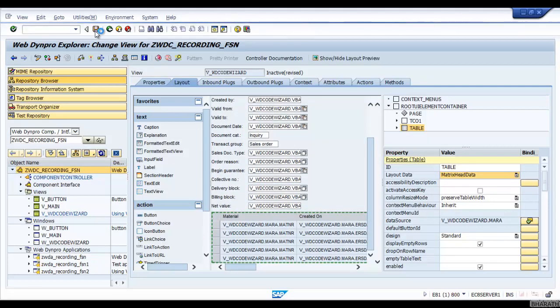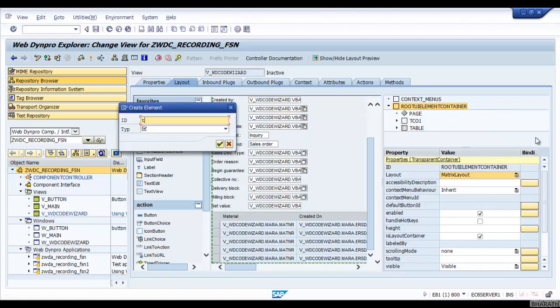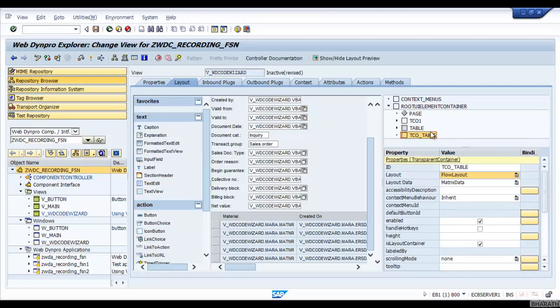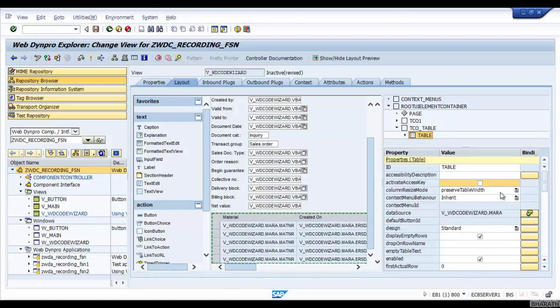Save. Now, in the reverse fashion, I'll insert an element, TCO_TABLE transparent container. I will select it as matrix layout and set it as matrix head data. Now I'll drag and drop it into the transparent container.